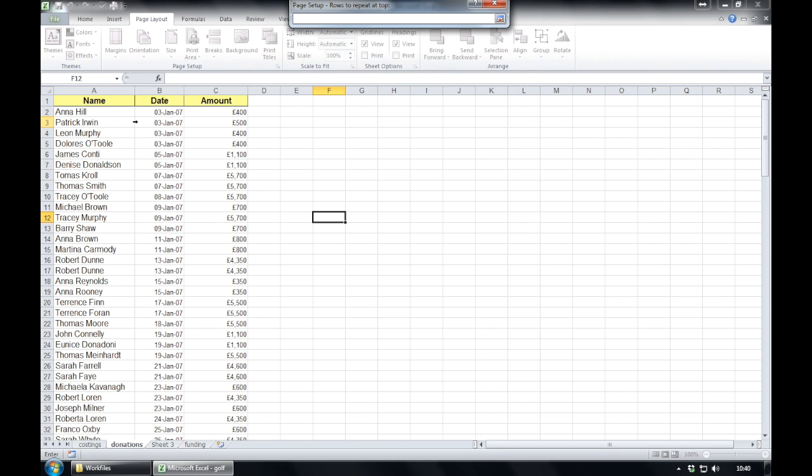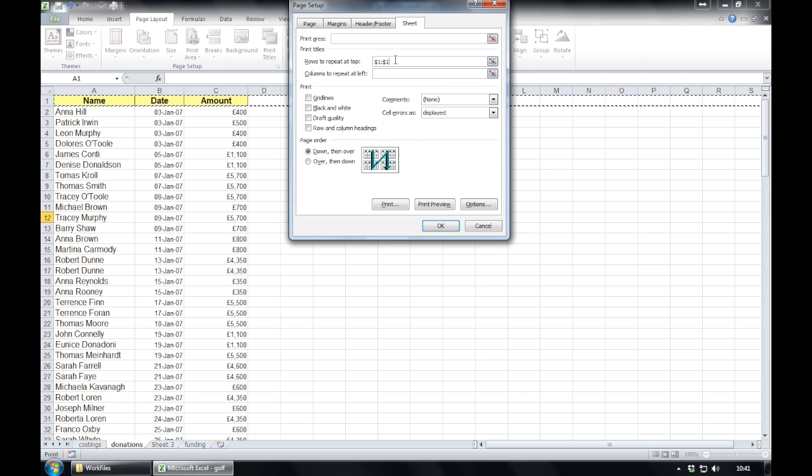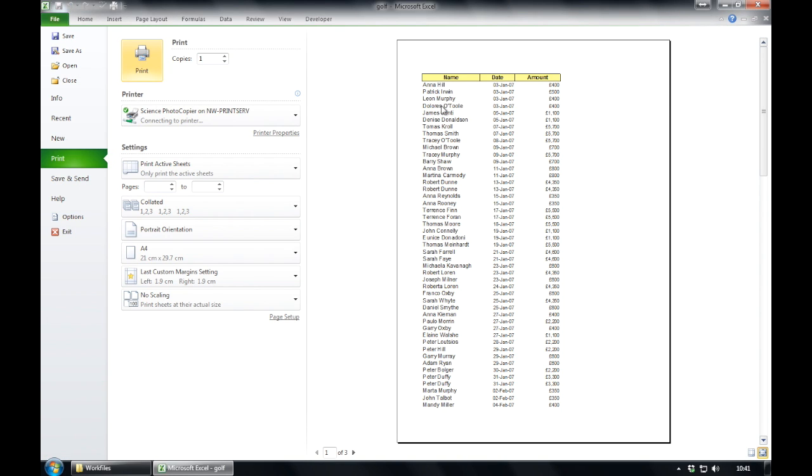So click in the box, click on row number 1, bring it back up, and that will always now print row 1 at the top of every single page. And we can print preview this at this point to see, and here is name, date and amount on page 1. But actually if we go to page 2,